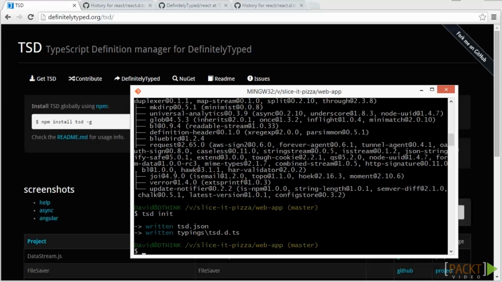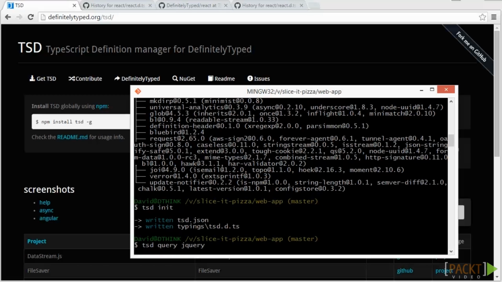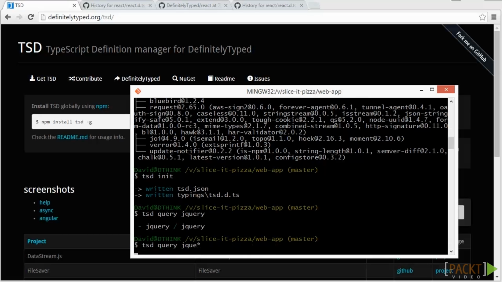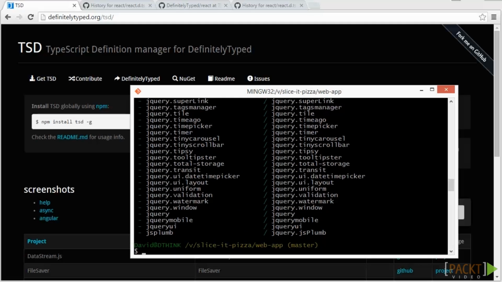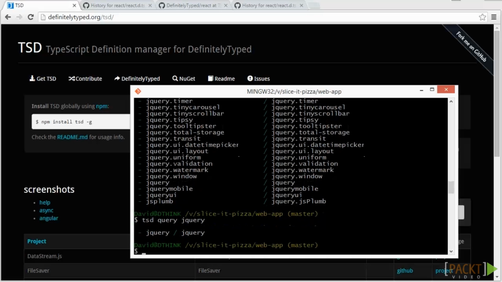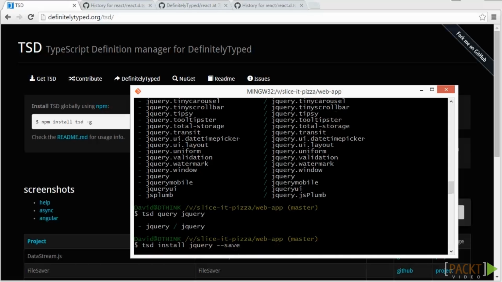Now that we have everything initialized, let's search for jQuery's type definitions. We can do that by writing tsd query and then the name of the definition we're searching for, so in this case jQuery. This found the package we're looking for, but just also take note that we could have searched with wildcards by typing in something like this. But we're only interested in the jQuery type definition package. Let's install it by typing tsd install jQuery, and also add the save compiler option to specify that it should save this information in our